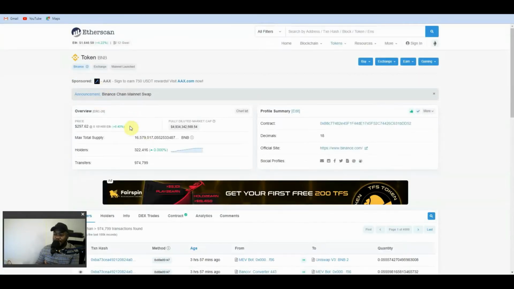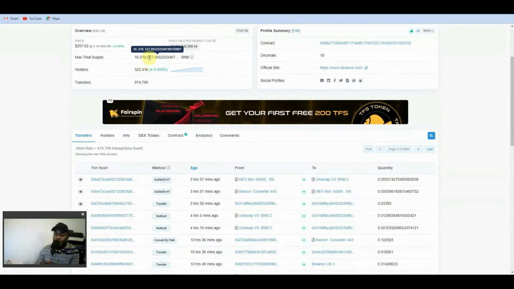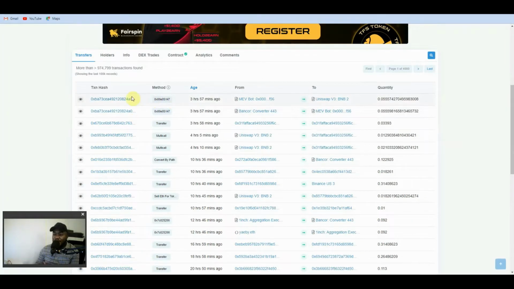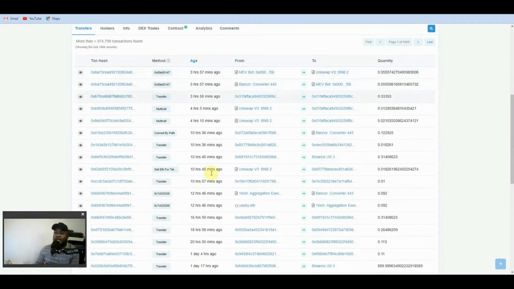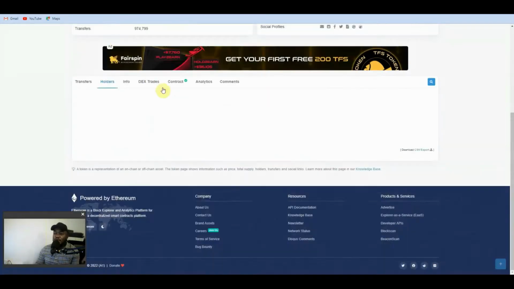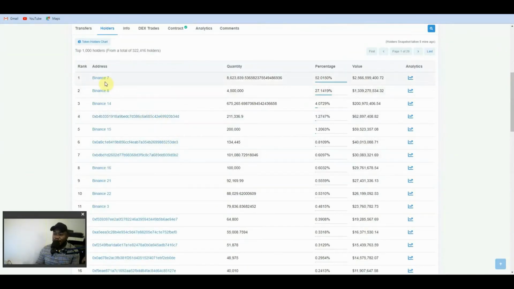Now this is BNB. Now the max supply of the BNB, you can find it here. The max supply of BNB, how many holders of BNB. Whenever these things are increasing, you will be alerted from this analysis. Now all these are hash transactions going on BNB, from wherever the transactions are coming from, these exchanges. Now here you can find the holders down. This is Binance. This Binance is holding the biggest amount of